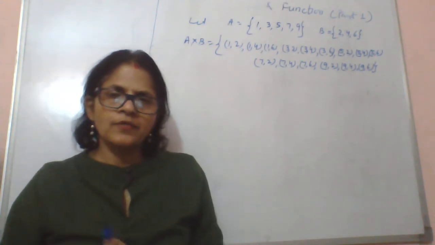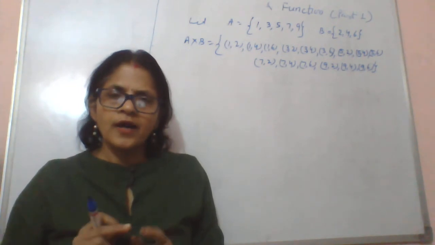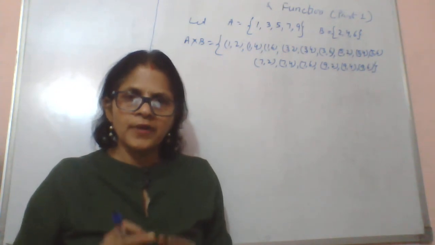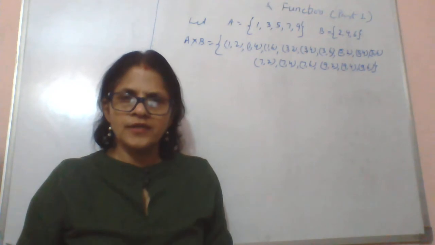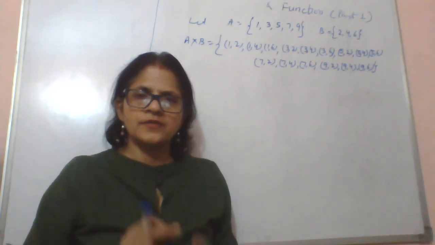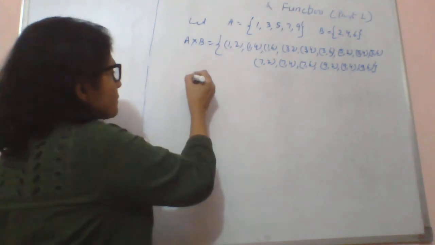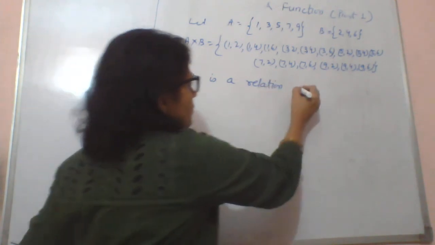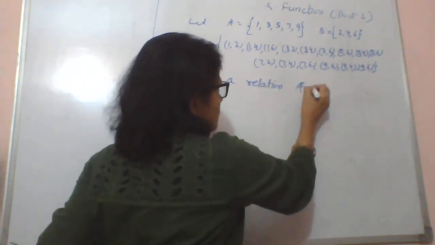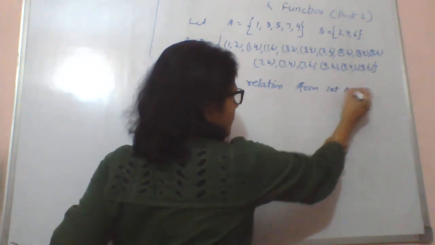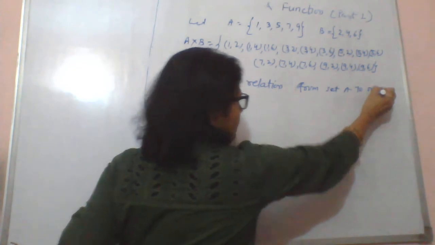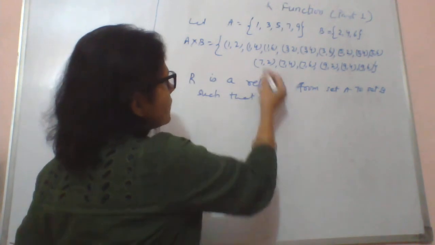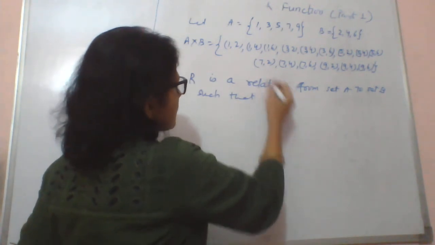So it means whenever we consider a relation, we need at least 2 elements, right? So that's why we consider ordered pairs. While defining the relation, we take help of ordered pairs. For example, if I say R is a relation from set A to set B, such that